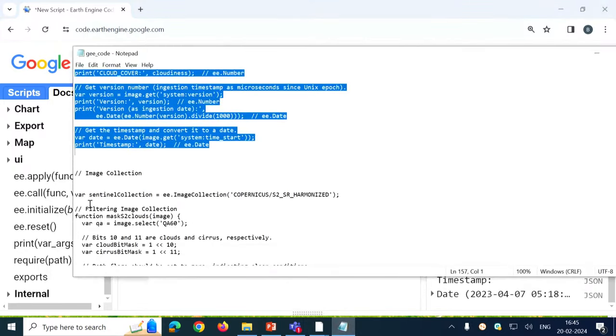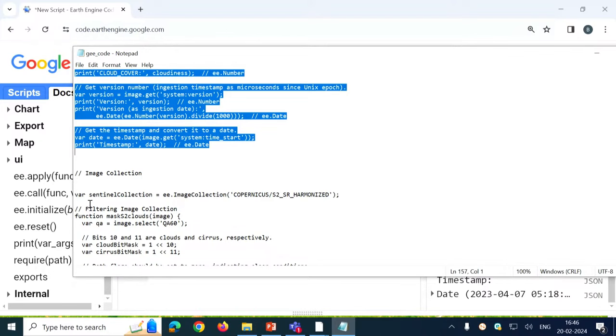Now, as we discussed, there is another data structure in Google Earth Engine called an image collection, or a stack of images. A particular image captured by a satellite on some particular day is called an image. For the ease of analysis, all images captured by a particular satellite are stored in something called an image collection. An image collection is a stack of images. For example, all images acquired by the Sentinel-2 satellite are stored in an image collection called Sentinel-2